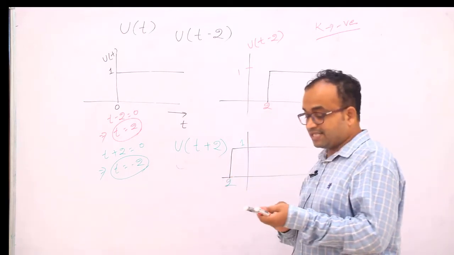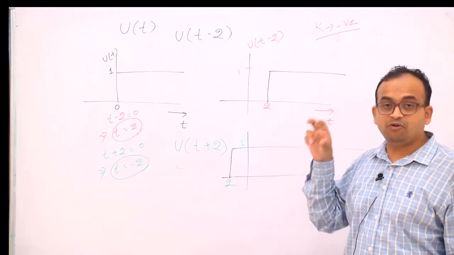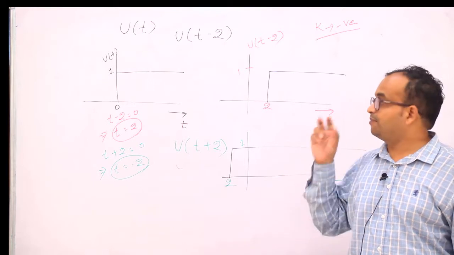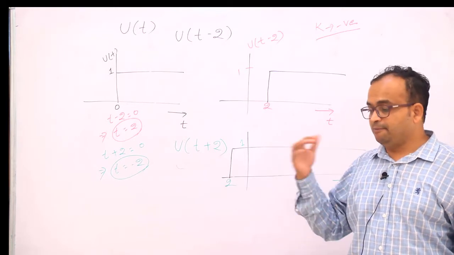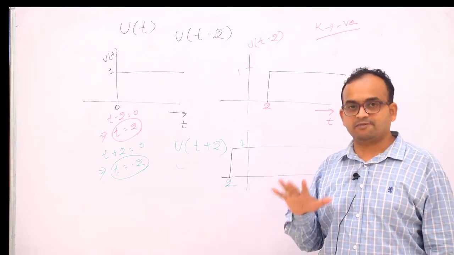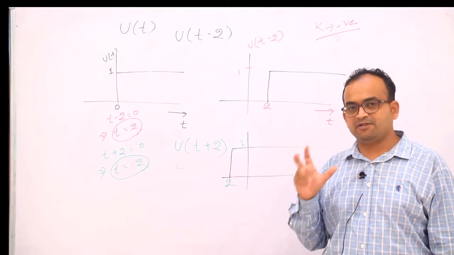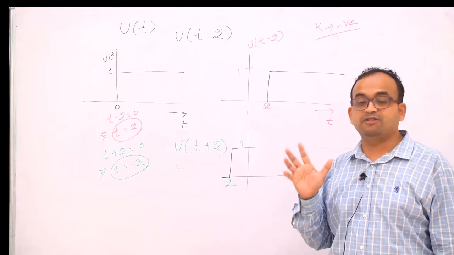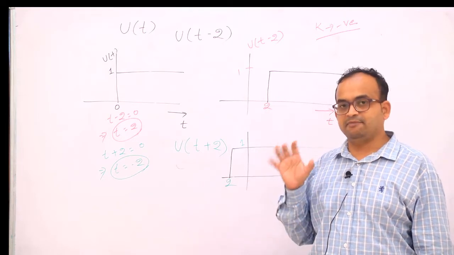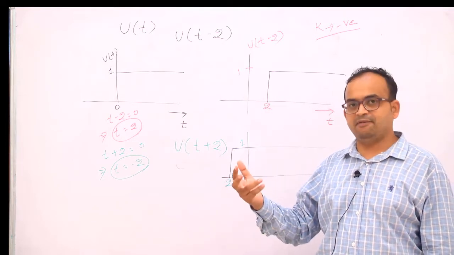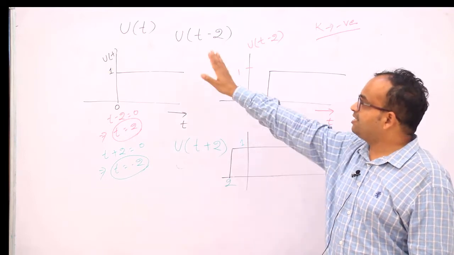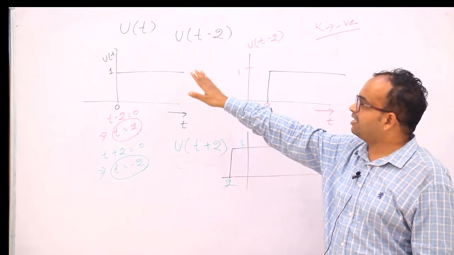So now, as we know that u of t is a standard signal, we everyone know u of t and the impulse. Till now I have not told you about the impulse function. I will discuss the impulse function after one class, because the impulse function is a very important function from the communication point of view. We will discuss what the impulse function is and some properties of the impulse function. But this is a very simple signal, whatever I have taken here, u of t.